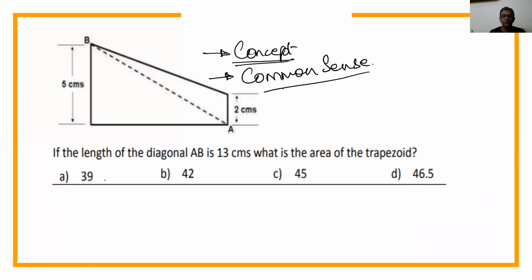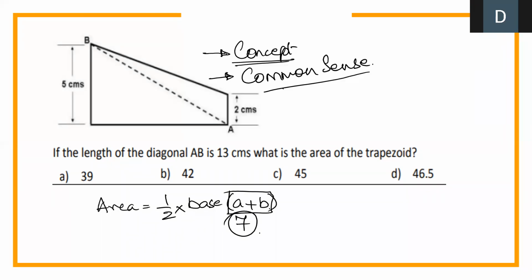Okay. Now let me make you realize what common sense is. Area of a trapezium is given as half of height into the sum of the two parallel sides. Are we correct? Great. Can you all see what is the sum of the two parallel sides in the given figure? 5 plus 2, what is it? 7. Right? Is 7 a prime number? Yes. Is 7 divisible by 2? No. So your answer should be a multiple of 7. Look at your answer. Which is a multiple of 7?